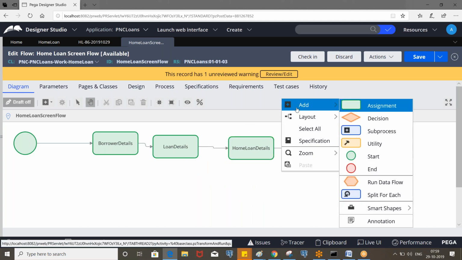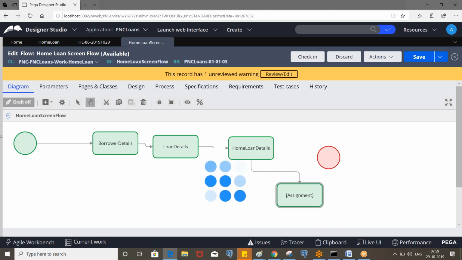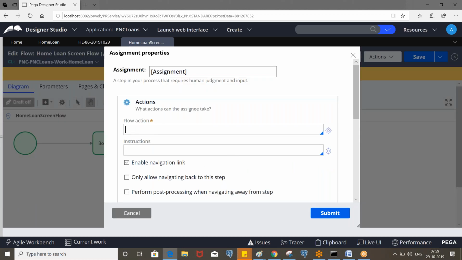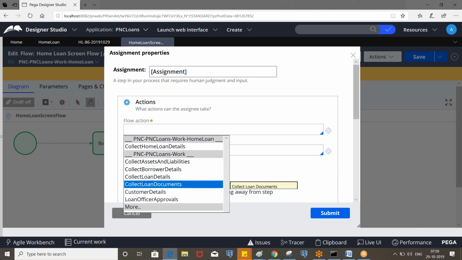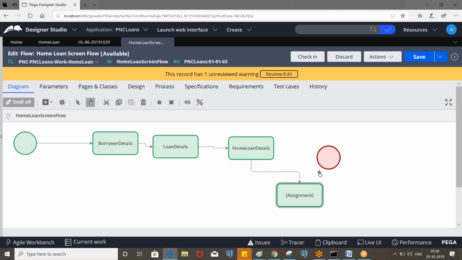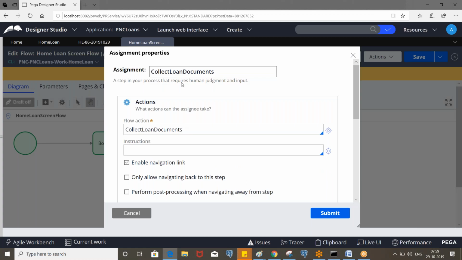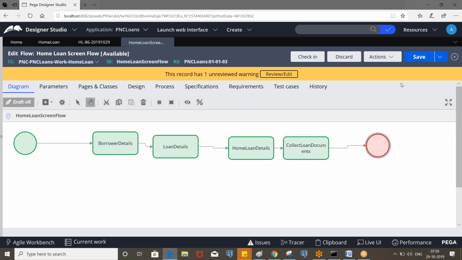Then add one more assignment, and we call, let's say, collect loan documents, and you can call assets and liabilities also. So this is the screen flow.